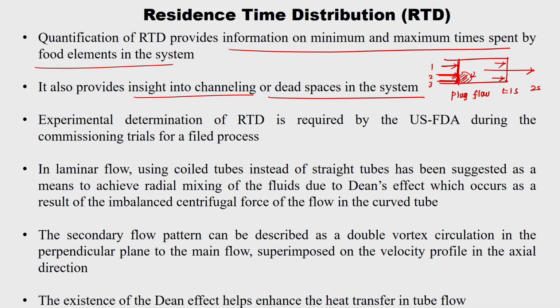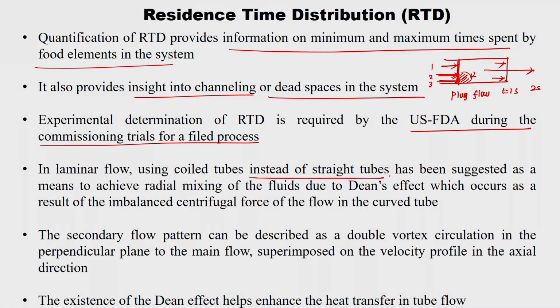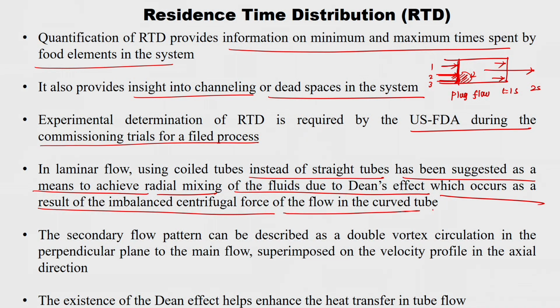So, this also can be diagnosed using RTD studies. Experimental determination of RTD is required by the US FDA during the commissioning trials itself. So, while commissioning trial, we are supposed to submit the experimental determination of RTD. In laminar flow, using coiled tubes instead of straight tubes has been suggested as a means to achieve radial mixing of the fluids due to Dean's effect, which occurs as a result of imbalanced centrifugal force of the flow in